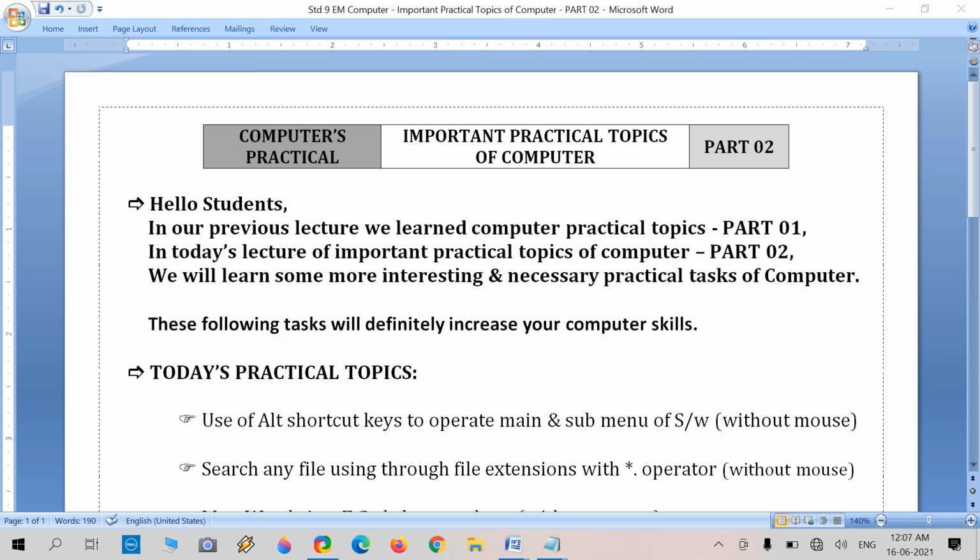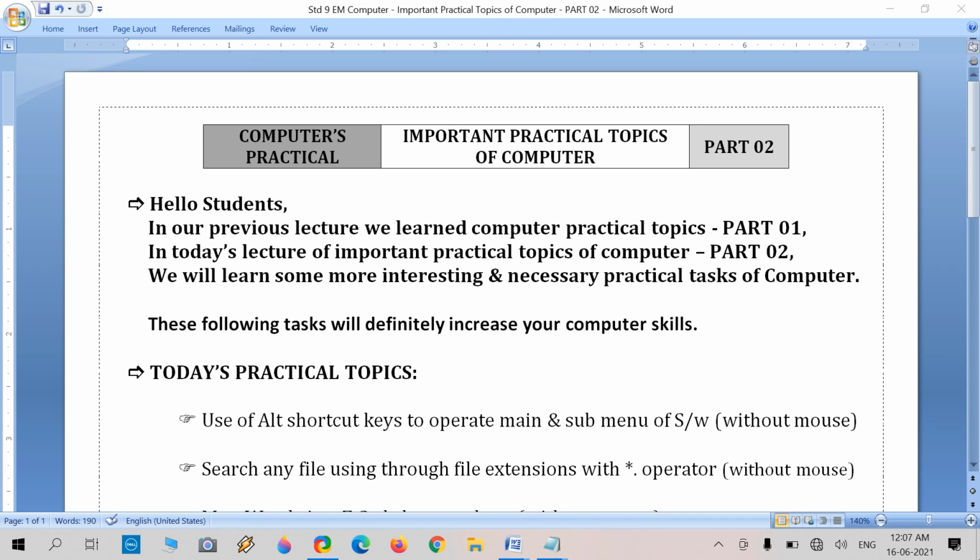Today we will continue on part 2 of computer practical, the important practical topics of computer. Part 2 will be continued today. In our previous lecture, we learned different practical topics, part 1 section.